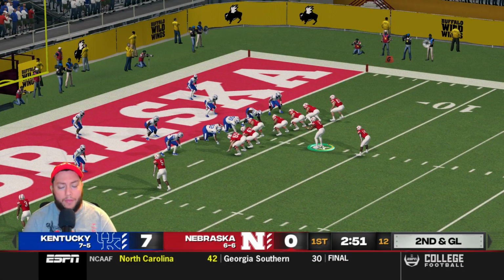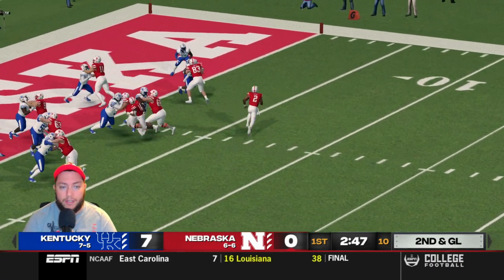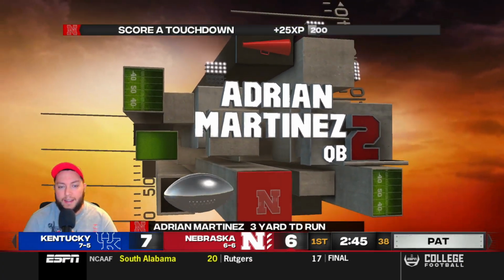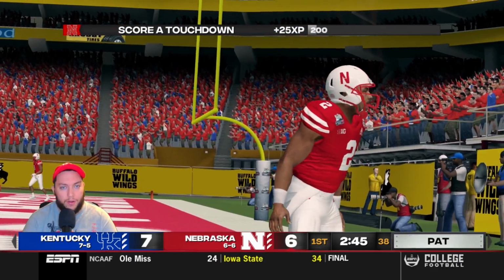2nd and goal now from about the 2-yard line. 2 tight ends on the field, staying in a pistol look. And it's going to be Ramir Johnson. No, read option. Adrian Martinez is going to look to take to the outside. And he might have enough. And he does. He gets in the end zone to give Nebraska their first score of the game and ties